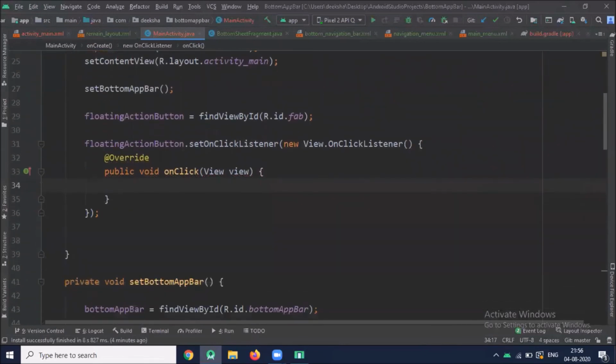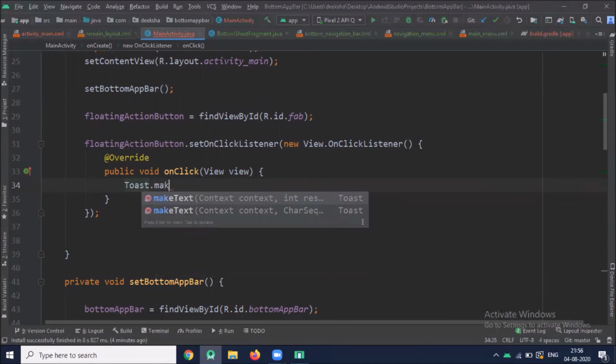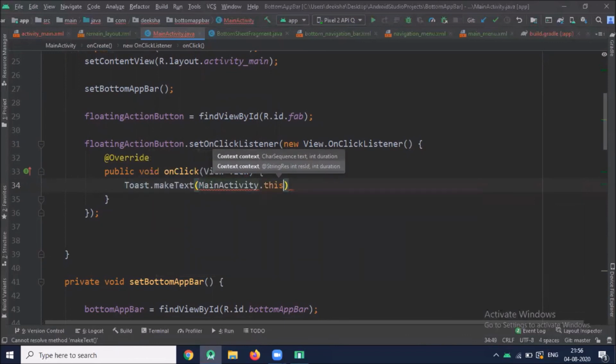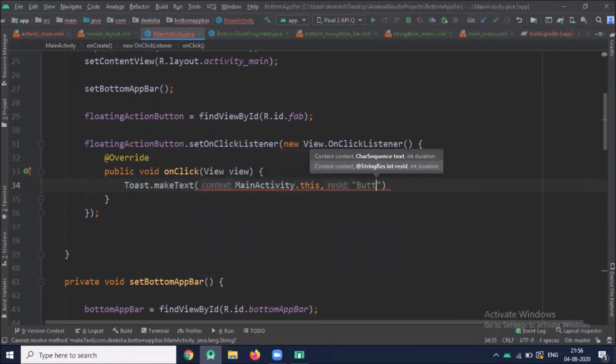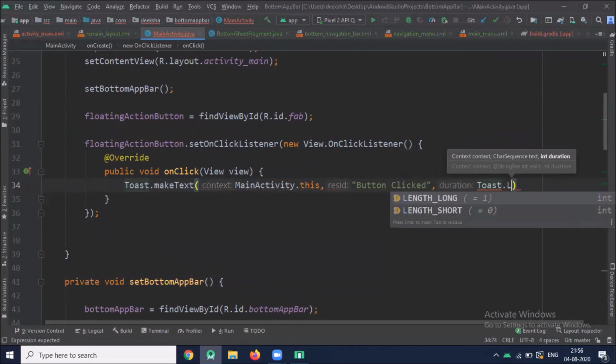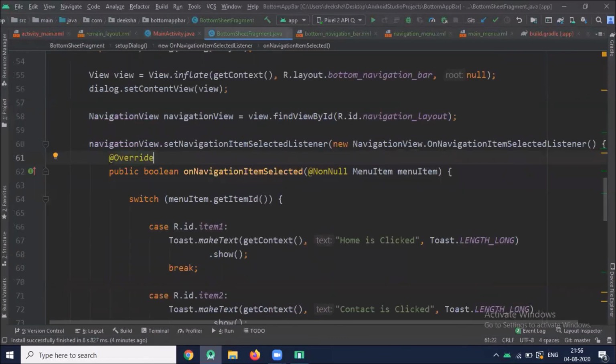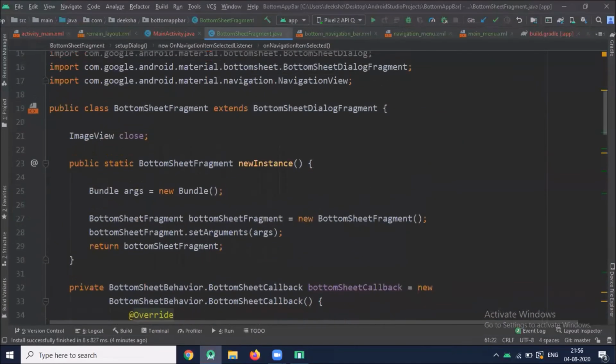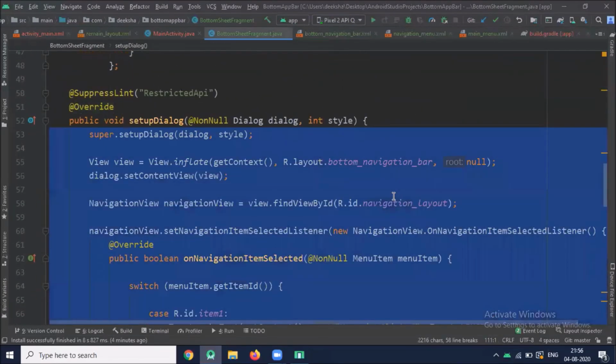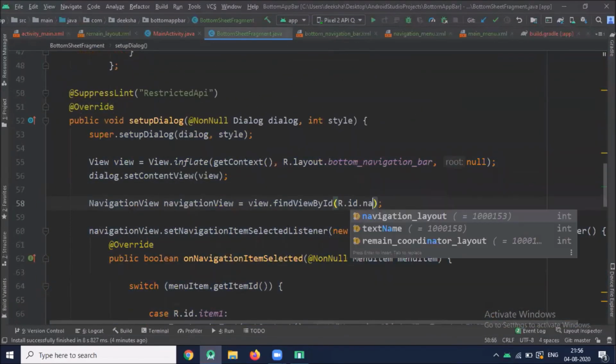So when I click on floating action button, it will display one toast message. Now click on bottom sheet fragment. Here I used the wrong ID.